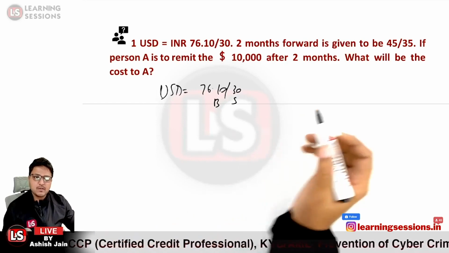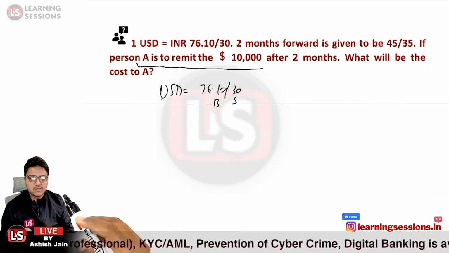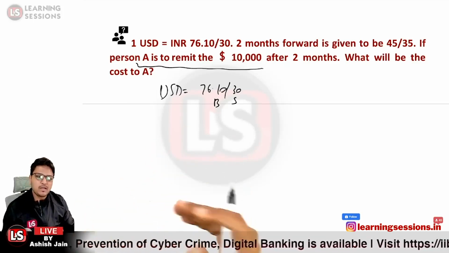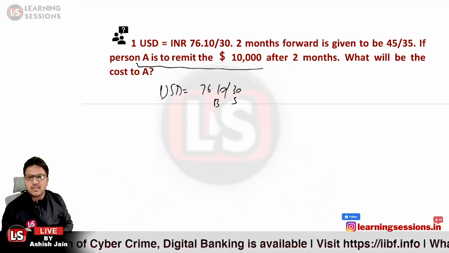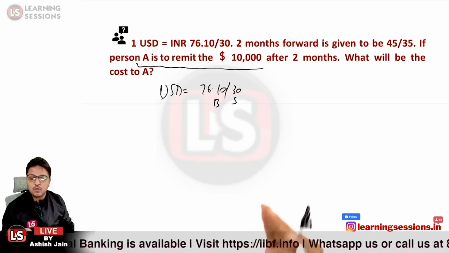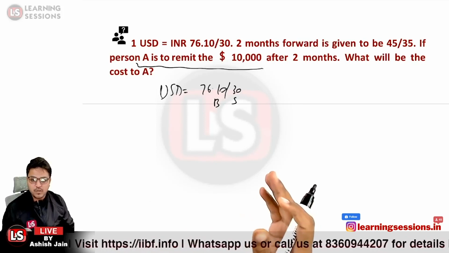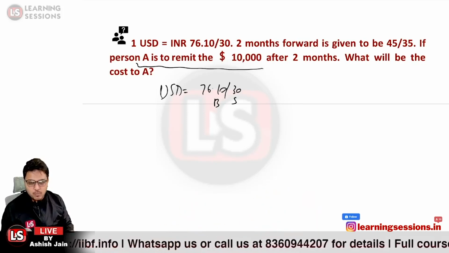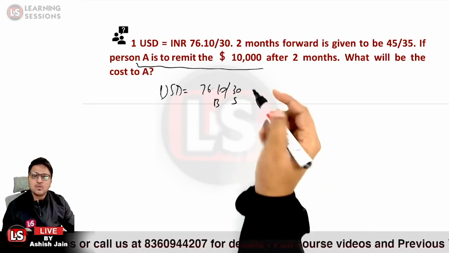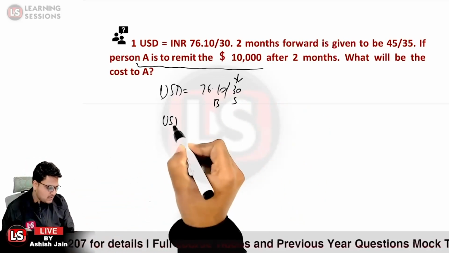And further, it is now given that person A is to remit the USDs. Now I already told you, person A is basically an individual who wants to remit USDs. If he wants to remit the USDs, he has to purchase the USDs first of all. And at what price will he be able to buy the USDs? At the price at which the market is ready to sell. So he or she will be able to buy the 10,000 USDs at a price at which the market is ready to sell. So what rate shall be quoted? It will be the selling rate that shall be quoted. So we can simply say USD is equal to